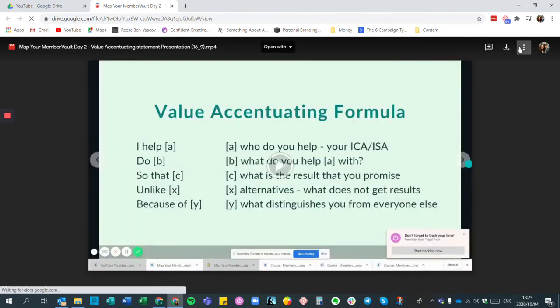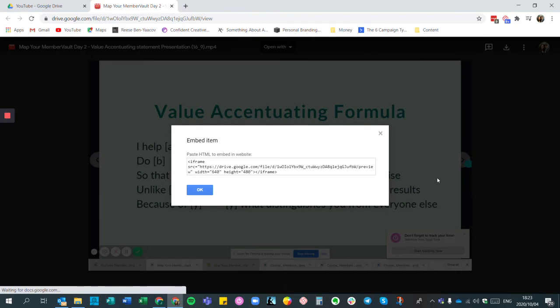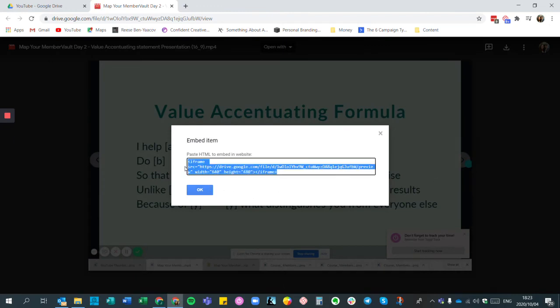and then click on the three little dots again and then click on embed item, and that will give you the embed code for that video. And so you want to just copy that